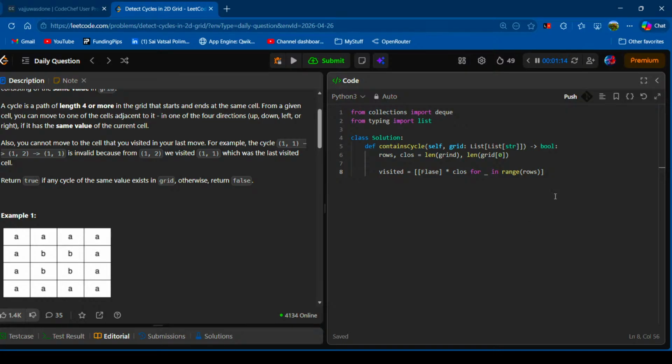After that we have to give the directions for each test case. There are only four directions: one for right, one for left, one for down, one for upward. So we will go right, down, right, down, and left, up. Or we can give up, left and down, right like that. For that we use var directions equals to